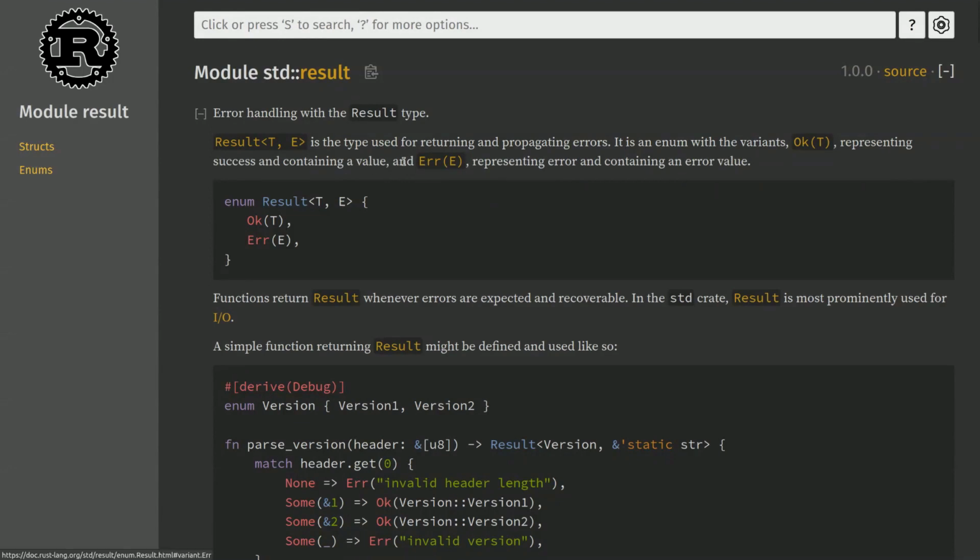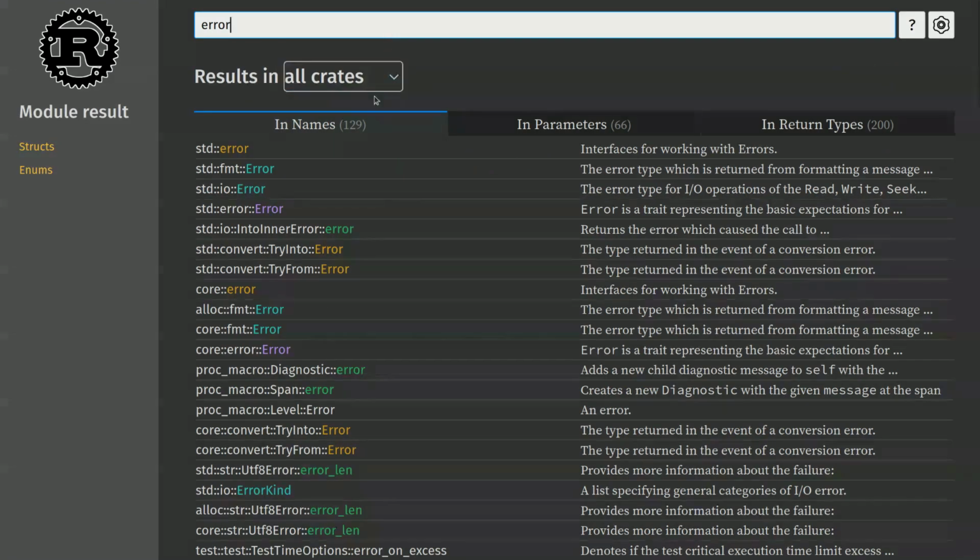The E type represents an error and contains an error value, but we know from the type system that it doesn't really care what you put in the E. You could do whatever you want. So let's go look at what an error actually is. It's confusing because there are multiple definitions. What we are interested in right now is the trait.